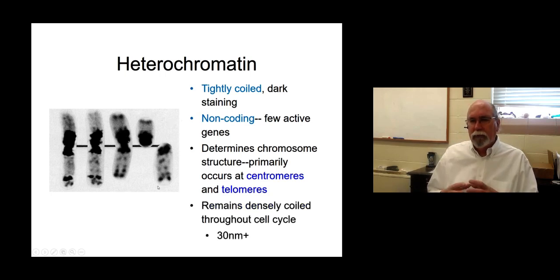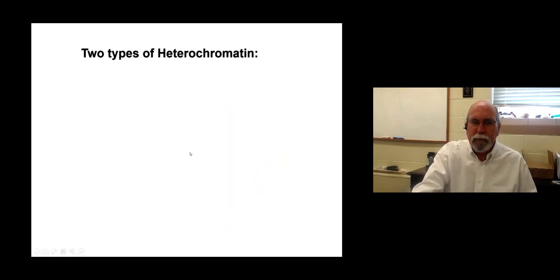But for the most part, what we're talking about here was areas that pretty much stay densely packed throughout the cell cycle, at least a 30 nanometer fragment. So we're talking about at least solenoids or some of those other forms. So we've got a collection of nucleosomes together, and they pretty much stay that way. Okay. Now, the heterochromatin, because it either is fairly constantly that way or can go in and out, has two